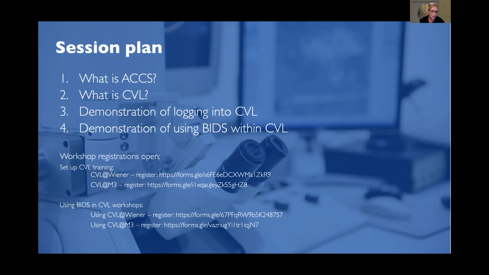On Friday, we'll have a similar session for users in other locations around Australia, not Queensland, to access another cluster. I'll explain the difference shortly. That will set you up ready for next week, when Chao is going to go through in great detail how you would work with each of those modules within the CVL system itself. So if you come tomorrow or on Friday, you will be all set up and ready to go next week for the intensive workshop with Chao.